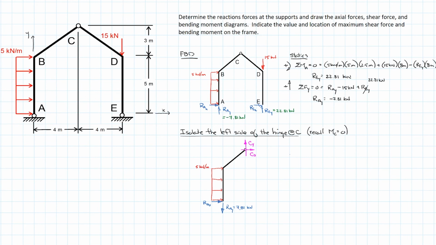So let's go back to statics once again. And what I'm going to do is do the sum of the moments about C, or about the hinge. And so we'll go sum of the moments about C, always equal to 0. Again, I will use clockwise positive. And so if I'm looking at this, RAY is trying to turn it counterclockwise. So negative RAY,